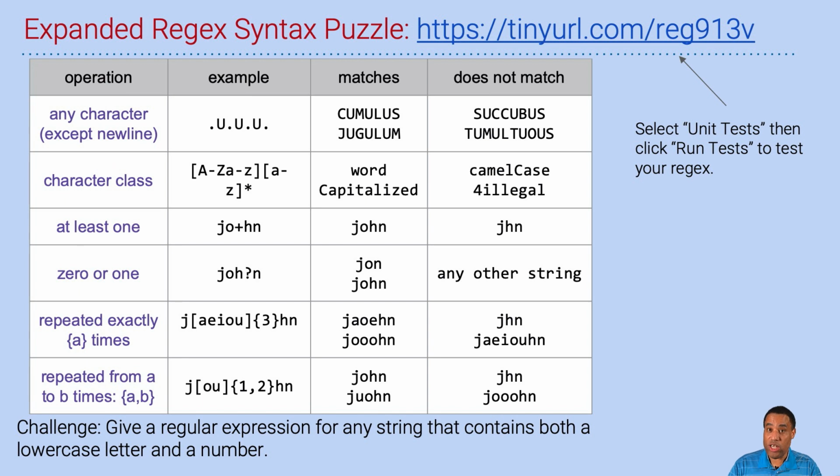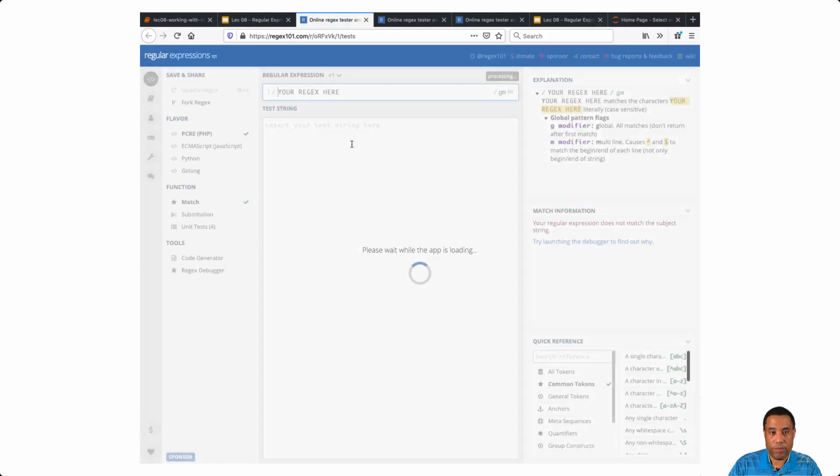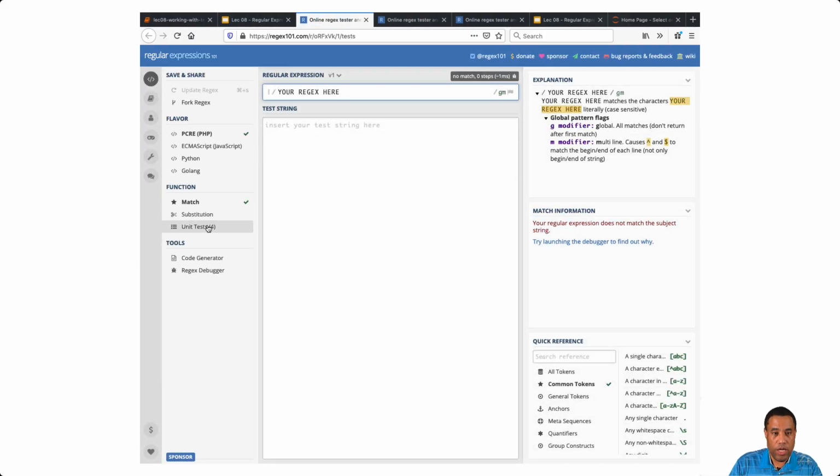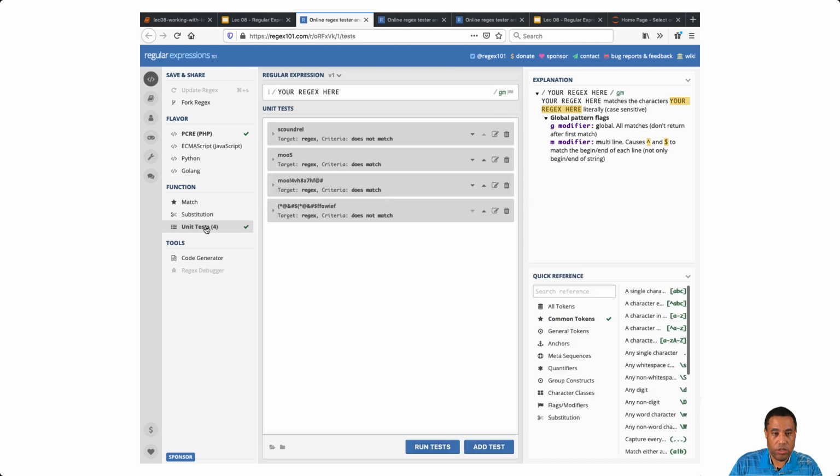Okay, here's a different challenge. So now we want to give a regular expression for any string that contains both a lowercase letter and a number. So let's go back to our trusty site. And we're going to click over here so we can see our unit tests. All right, so this is a little bit more complicated because we want to contain a lowercase letter and a